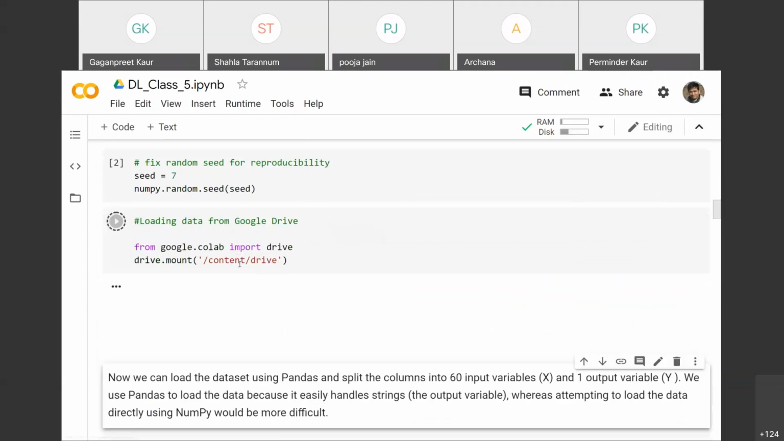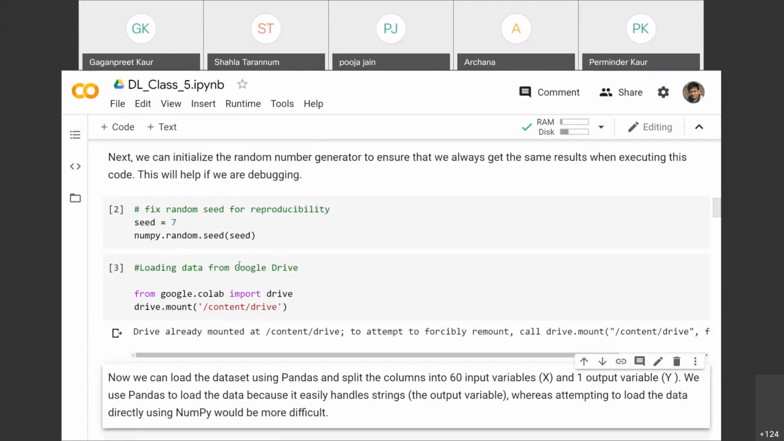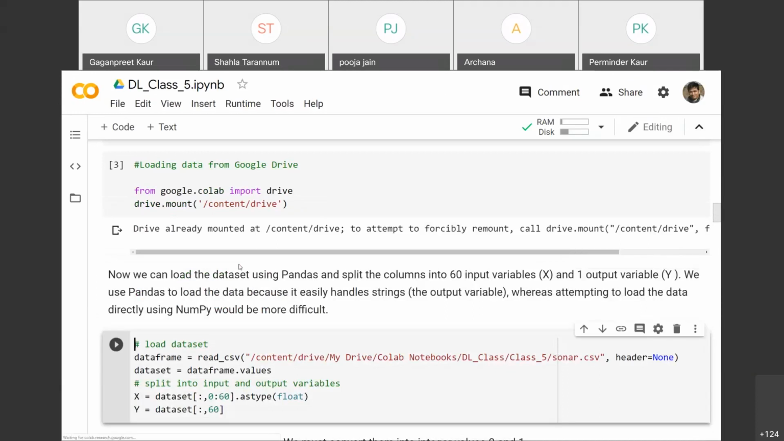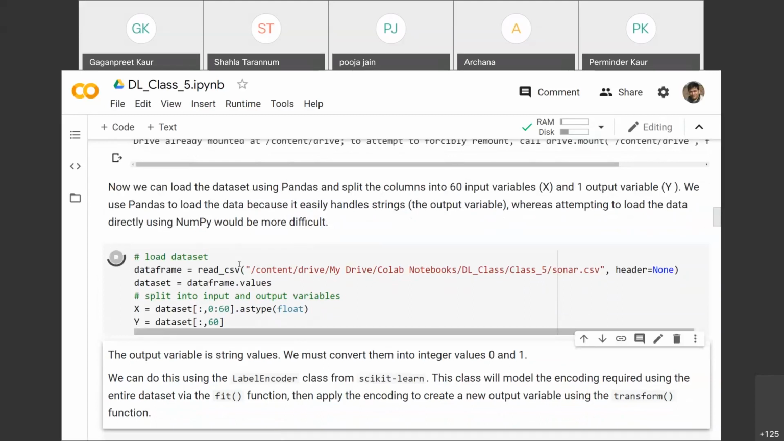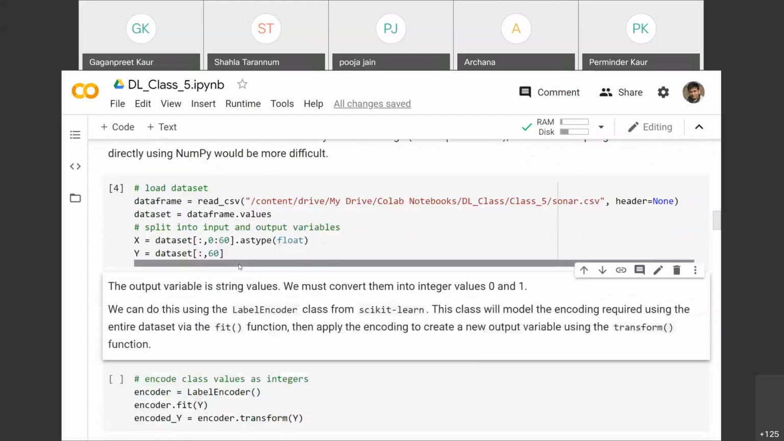My drive is already mounted. Now I'm going to load the dataset. Now you see I have loaded the dataset using the read CSV function of the pandas library. Read CSV returns a data frame. Data frame values are taken into dataset and it is split into features and